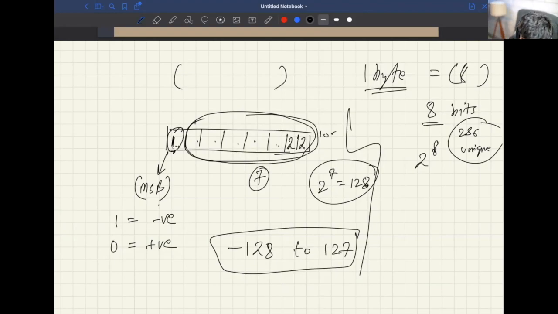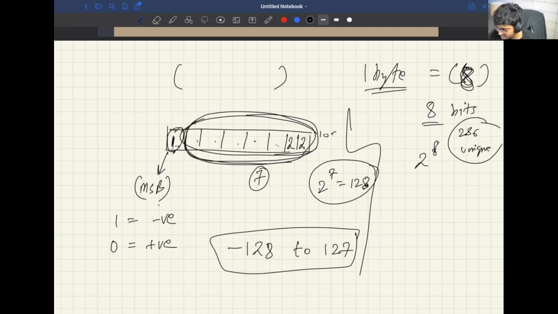Joe is saying something. Yeah, this 128 was basically for just the 7 bits. But if I'm taking the entire 8 bits, I got confused a little bit, but yeah, you are right. To rephrase myself, if you're given an 8-bit number, the total numbers that you can make is 256, but the range that you can go from is minus 128 to 127. The range is not actually 128, but the total number is 256.